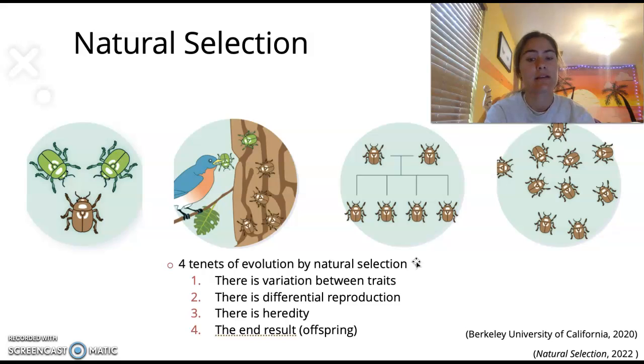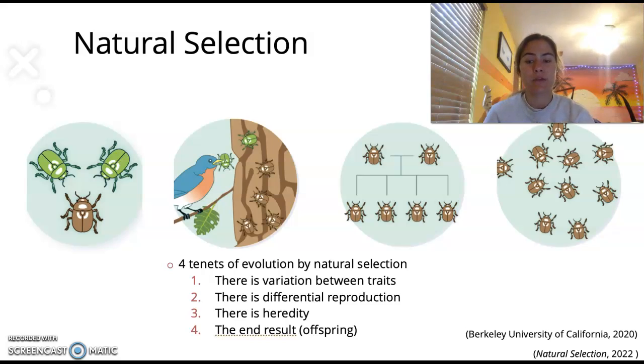The first being there is a variation between traits. Second, there is differential reproduction. Third, there is heredity. And fourth, the end result of producing more and more offspring. The Berkeley University of California then goes on to give an example of natural selection through beetles. With the beetle example